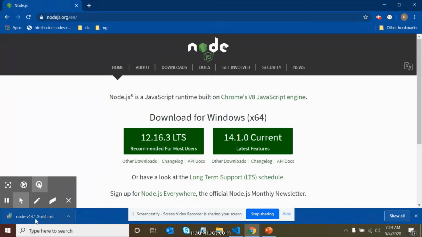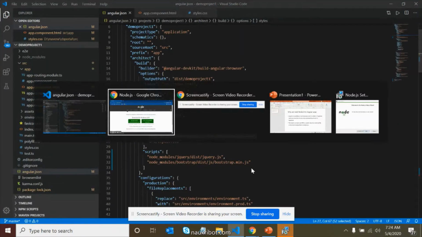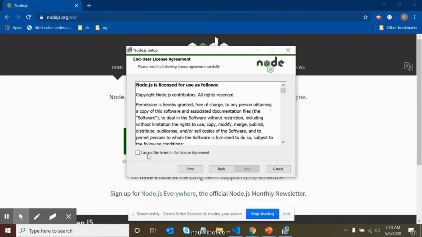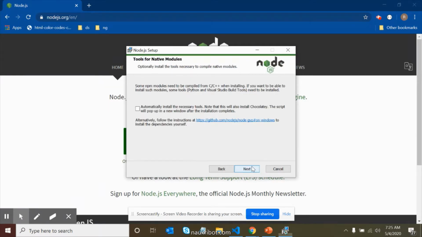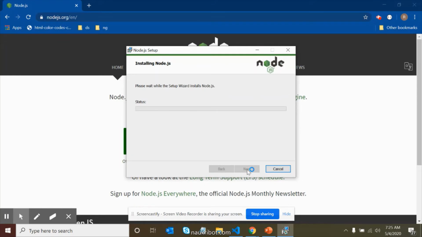And now we will click this file and click on the next button. Then I accept the terms and conditions. Next, we will go with the default settings. Next, next, next, install. Yes.